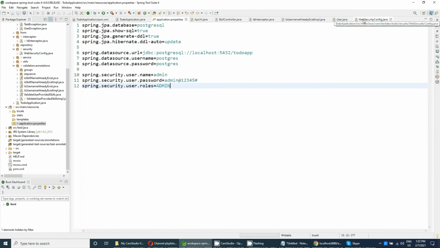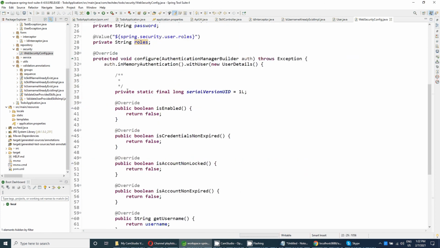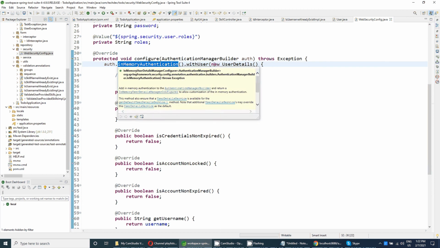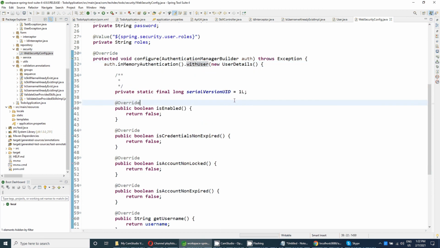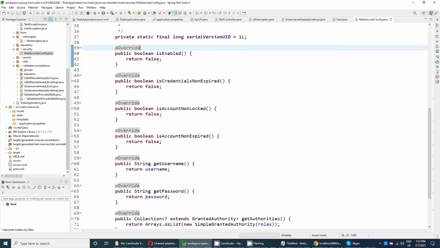So it is saying basically that we are using in-memory authentication, and in-memory authentication contains the user with these user details. It is enabled, yes, the user is enabled, and credentials are non-expired. Okay. And is account non-locked? That is also true.